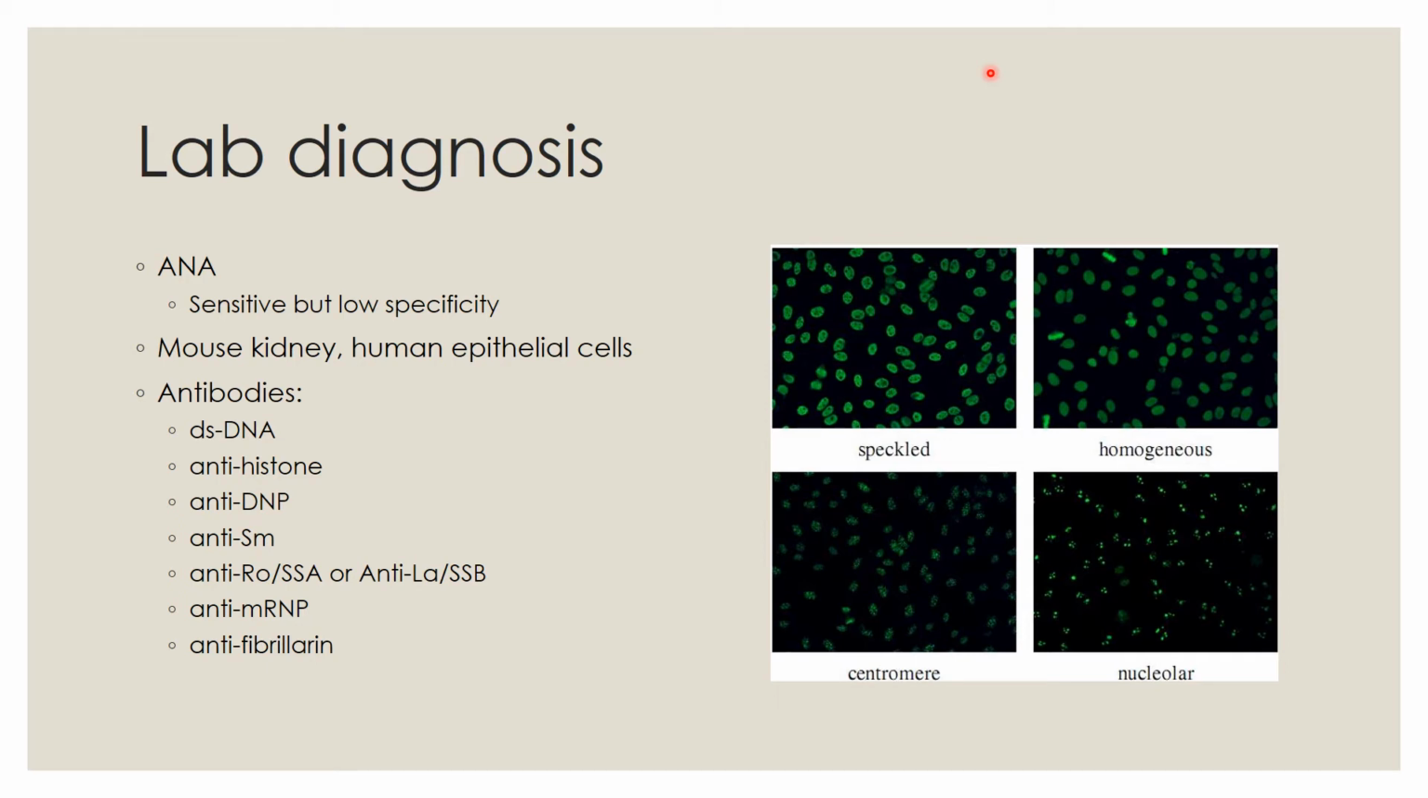And for these two, remember I said for the ANA you could use mouse kidney or HEp-2 cells. The mouse kidney would not be able to detect the Ro or the La, okay? You have to use the HEp-2 cells in order to detect those on the screen, and that's because the antigen doesn't exist in mice, okay? Then